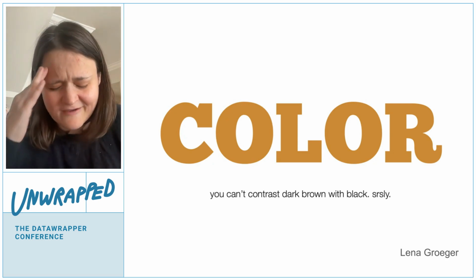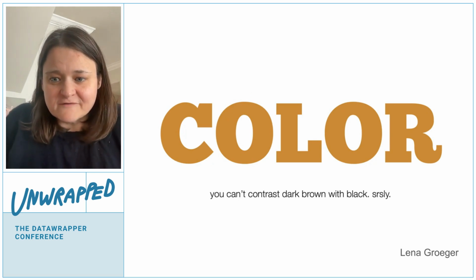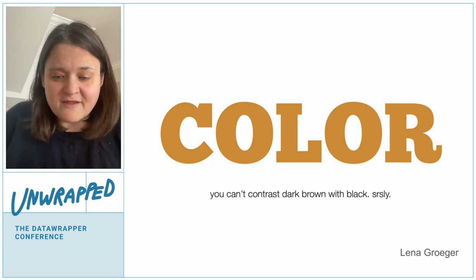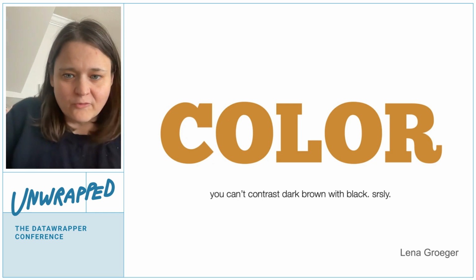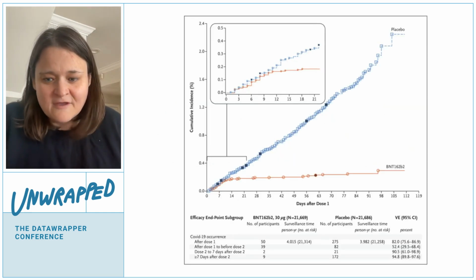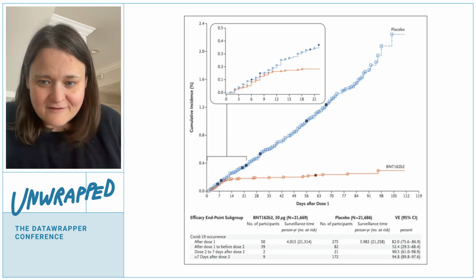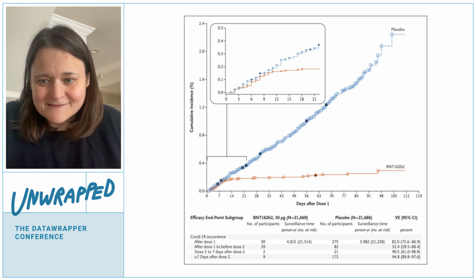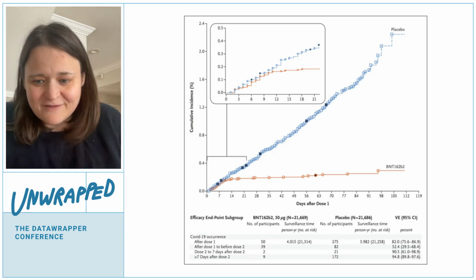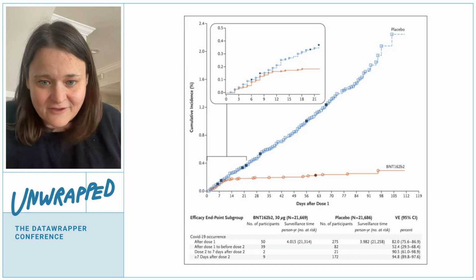When I was working on this talk, I was thinking about what are the charts that are my favorite. They're the sort of charts that you can make in Data Wrapper, or you want to make in Data Wrapper. You should make in Data Wrapper or a tool like that. I thought about a chart like this. This is the how effective is the Pfizer vaccine for COVID-19. And the reason that this chart is fun is because you don't have to squint at it. Like you don't need the confidence intervals to see that the lines are different.